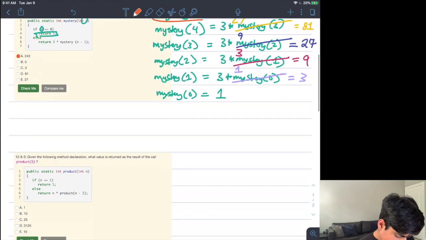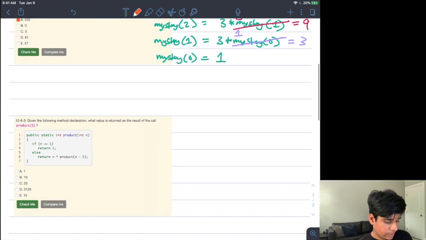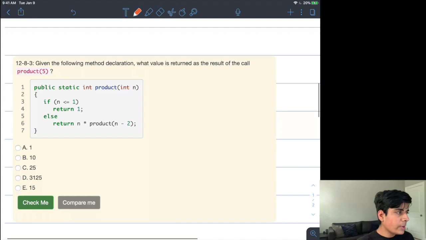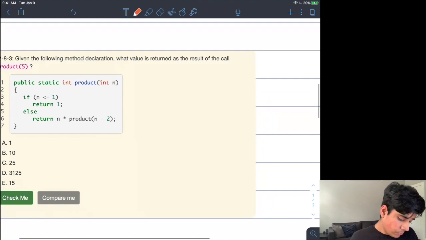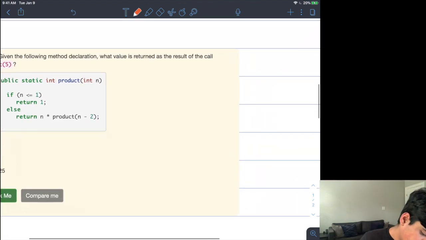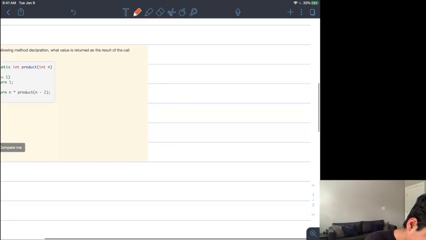Okay? So now we're going to be going over here. And it says, given the following method declaration, what is the value returned of the call product 5? So this time we're working with another 5 as our input. So we can look at our function and let's just write it out. So I can say over here, product 5,